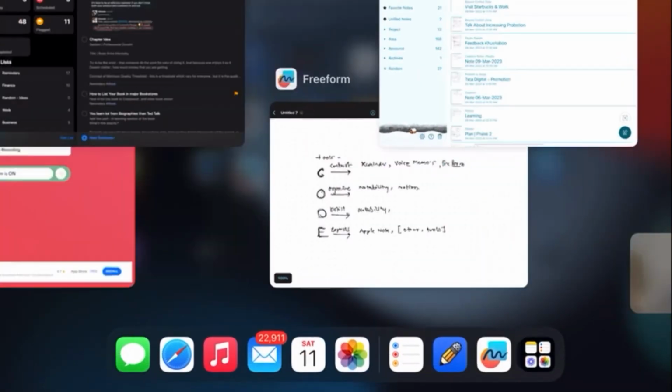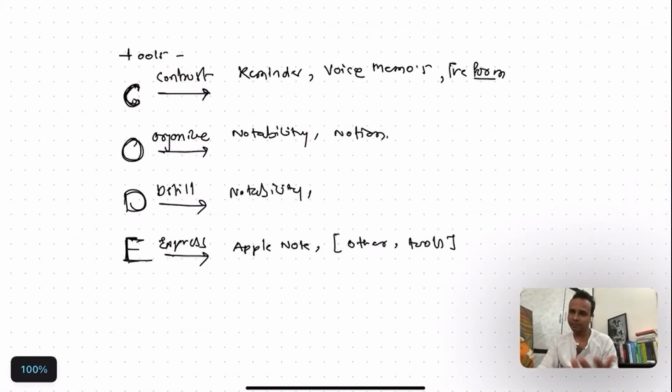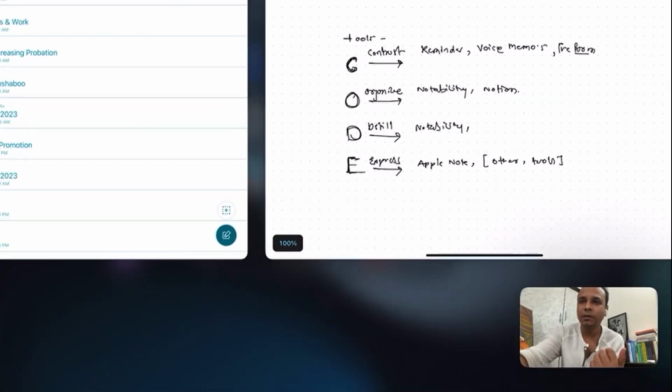A second is, you can do something similar on Notion. So the structure is going to be the same. And now the distill step is where you're trying to understand how you're going to use the note, right? For that, again, I use Notability. So I'll just give you an example of